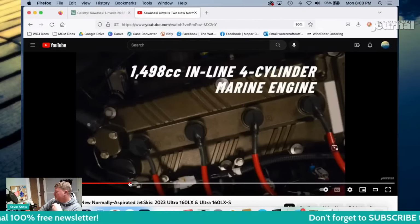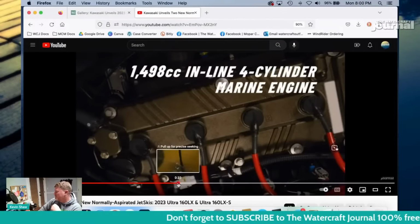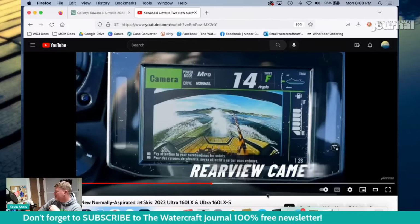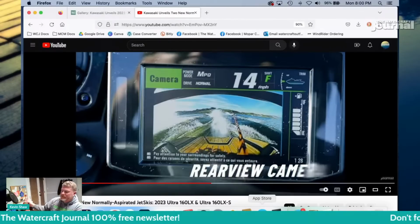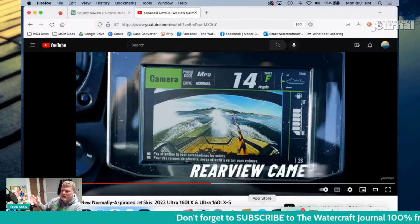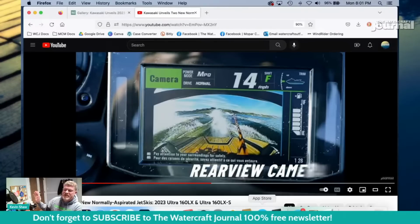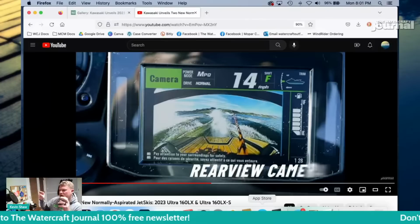Same engine we've had since 2004, just better engine management. Okay, yeah, reverse facing camera. This came into play big time during the Zoom call, because they're like, this is what's going to catapult the 160 LXS into the tow sports